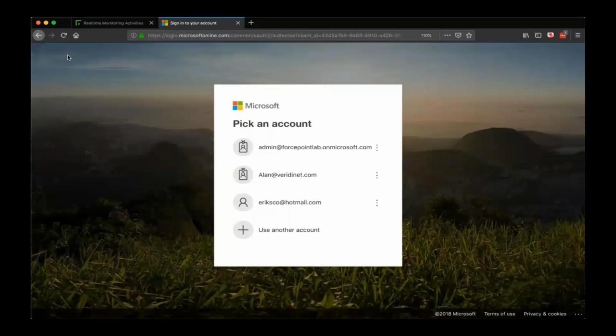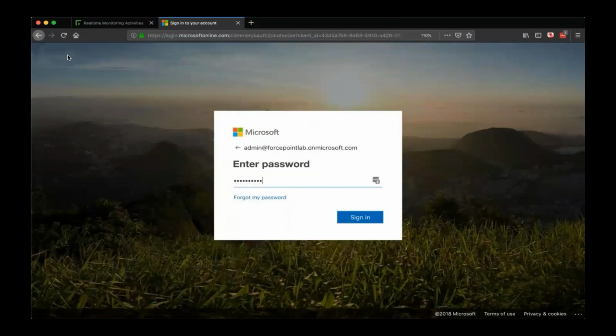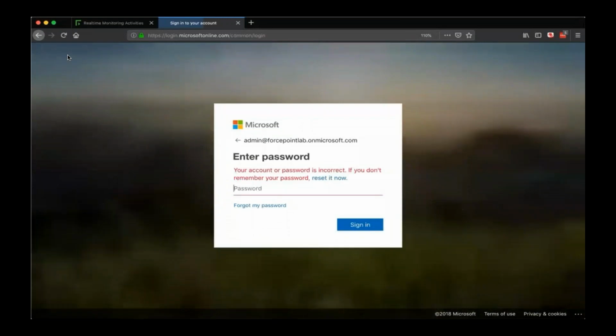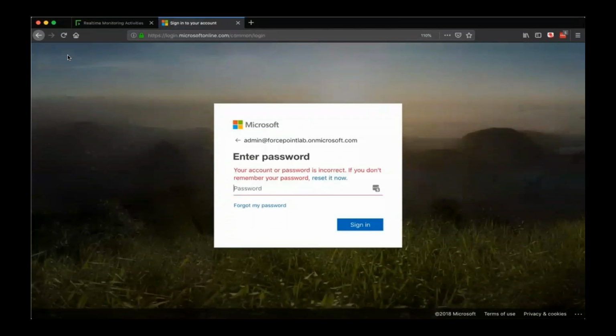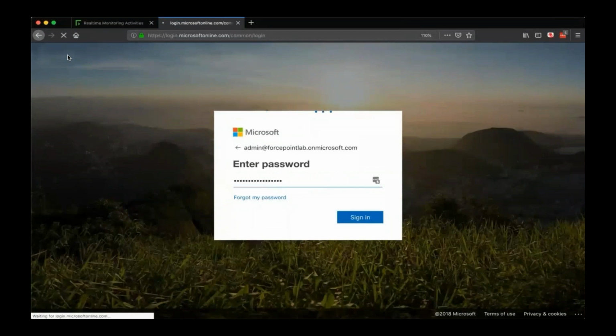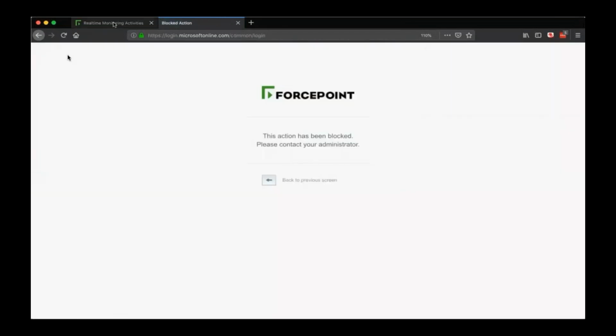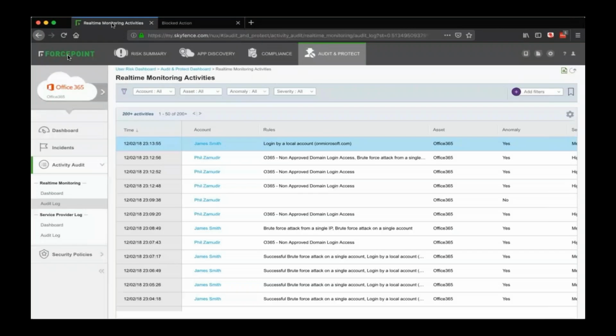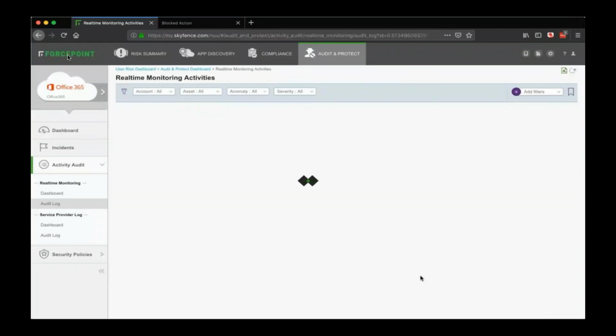So that ability to monitor behavior, not only machine learn behavior, but also look for anomalous types of behavior, like what you're seeing on screen right now, which of course is a brute force attack on Office 365. It's important, but it's also important to correlate. So here we go, just to show you in real time that we can see a brute force attack from a single IP address range.